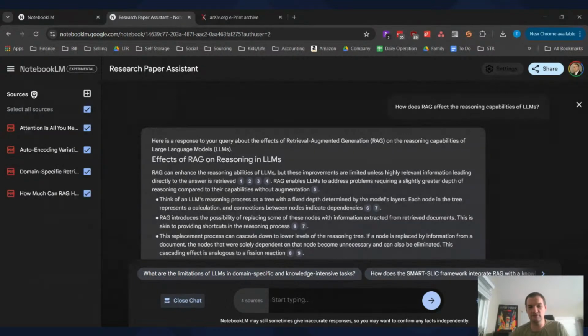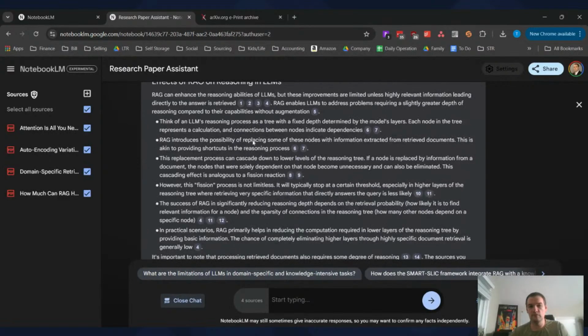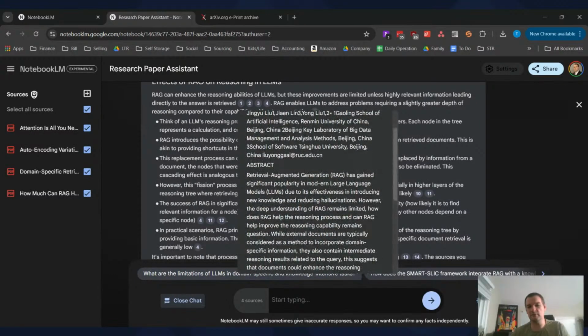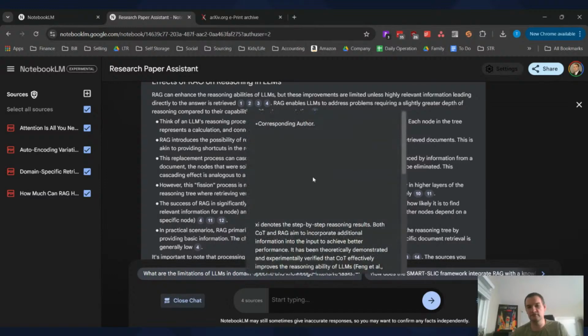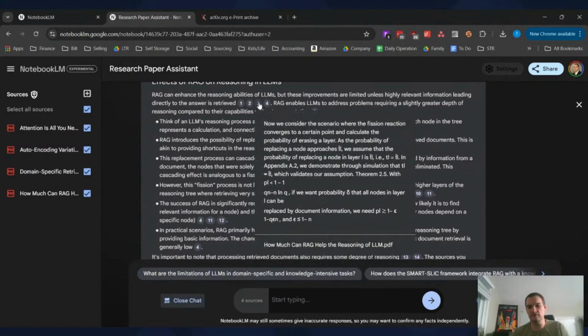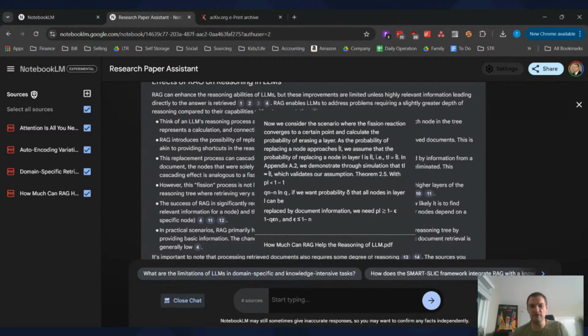Where did the chat go? There it is. Okay. So it looks like it's gone through and summarized the papers. I like that it has a lot of these here where it will show you exactly where from the paper it got its sources. Although it does seem like here it pulled these multiple times, but this citation isn't directly related to